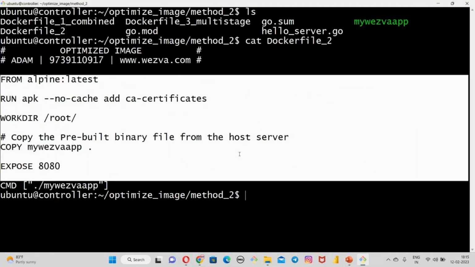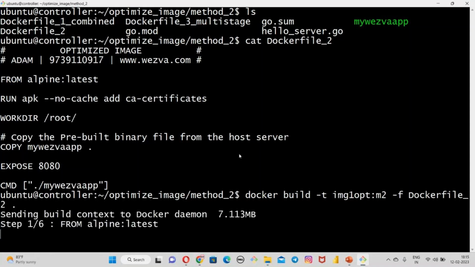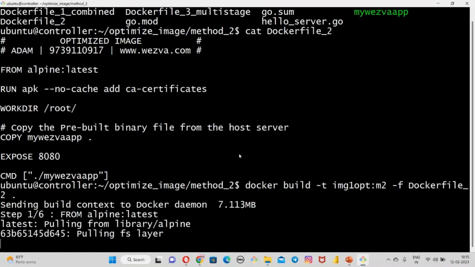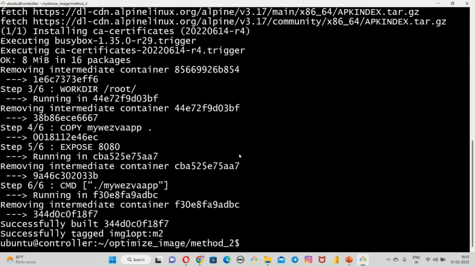So now let me build the image here. docker build -t my image one optimized, colon M2, and the Docker file we have is Docker file 2, context is current directory, so dot. Okay, so now if you look,